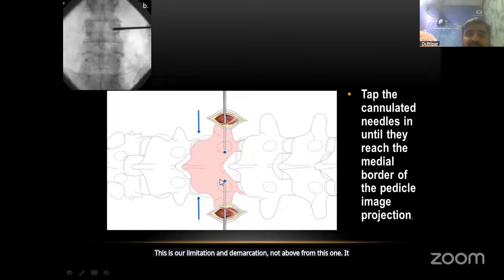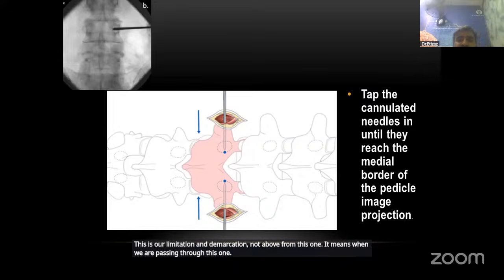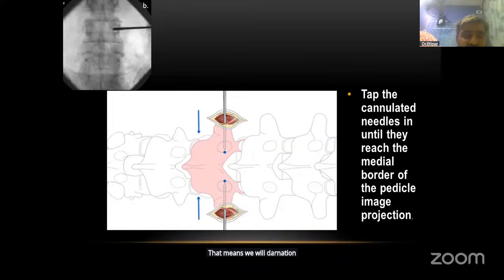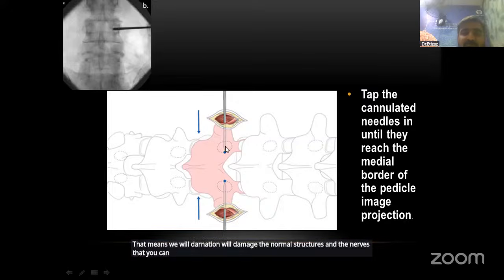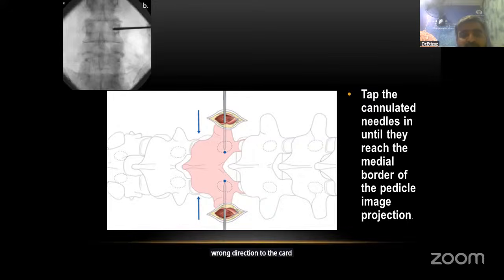When we pass through this, it means we will damage the normal structures and the nerves, and we will enter in the wrong direction, into the cord and the canal. So be clear about it. When it is entered at the level of the medial portion bilaterally, it means we are in the right direction. If someone has crossed, just retract and reposition, go back,